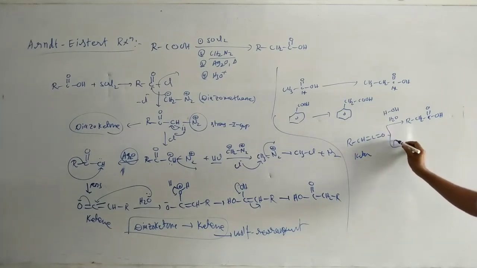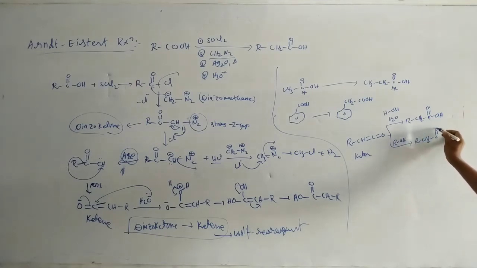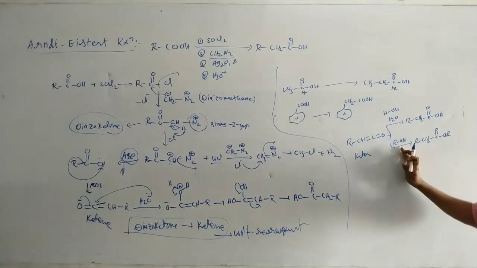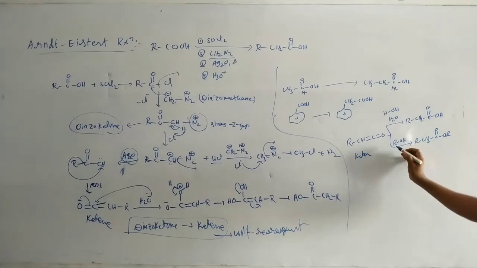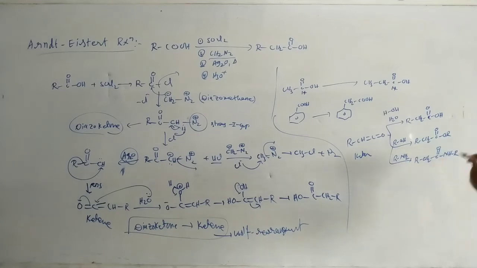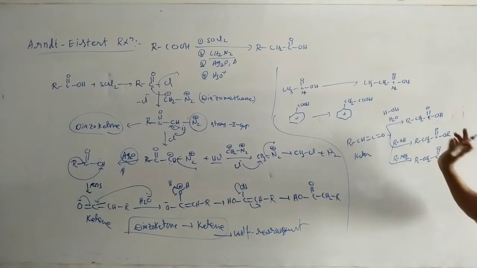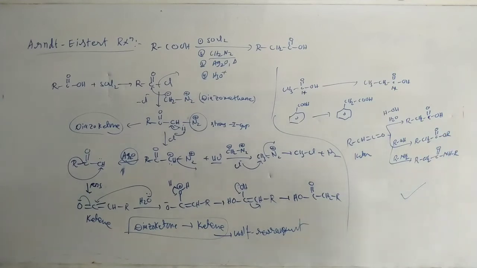Now by treating with alcohol, we will get the ester. By treating with water we get the acid, and by treating with alcohol we get the ester: RO minus, H plus. Now by treating with RNH2, an amine, we get RCH2C double bond O NHR. Amides are produced by treating with amine, esters by treating with alcohol, and carboxylic acid by treating with water. It is an on-tested reaction.